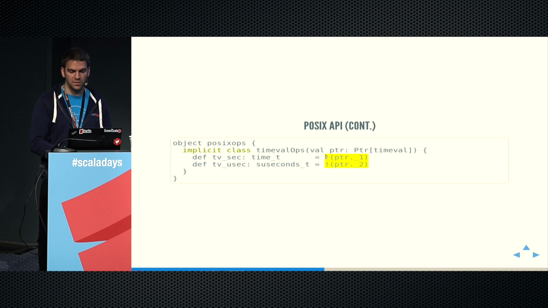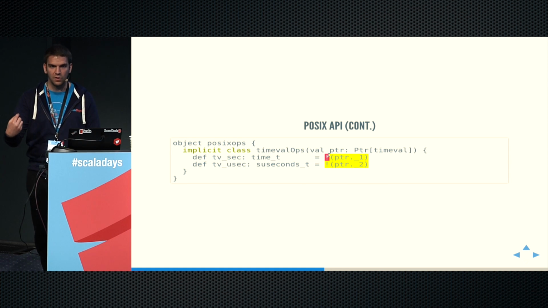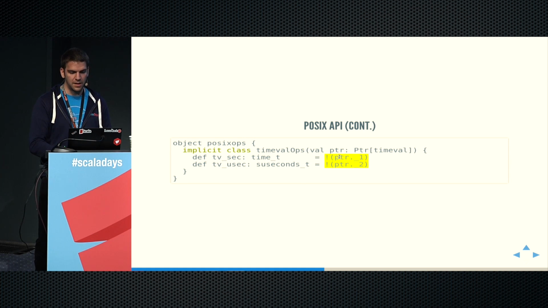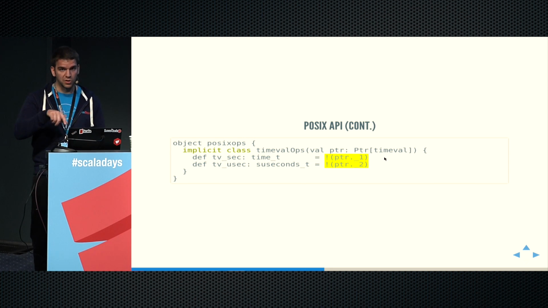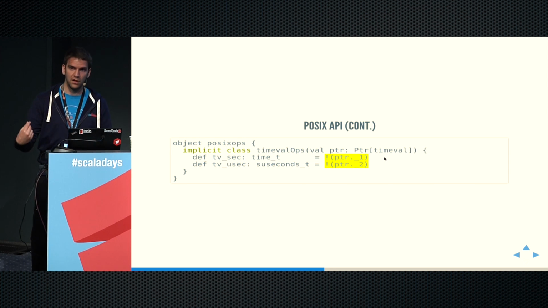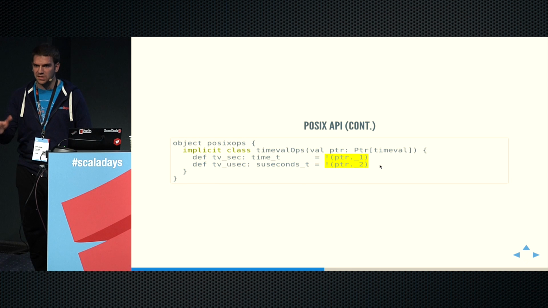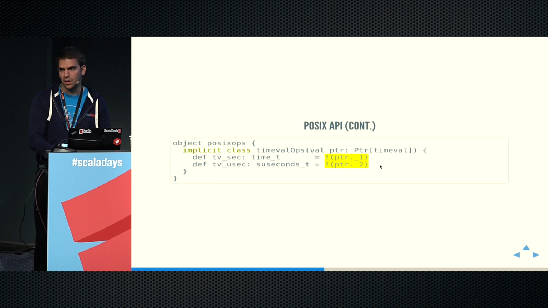And here, this symbol means that you want to access the value of a pointer. And here we use a tuple-like syntax where _1 fetches the first field of a struct, and _2 fetches the second field of a struct. So this is the delta between C and, well, this is how you do it in Scala Native,